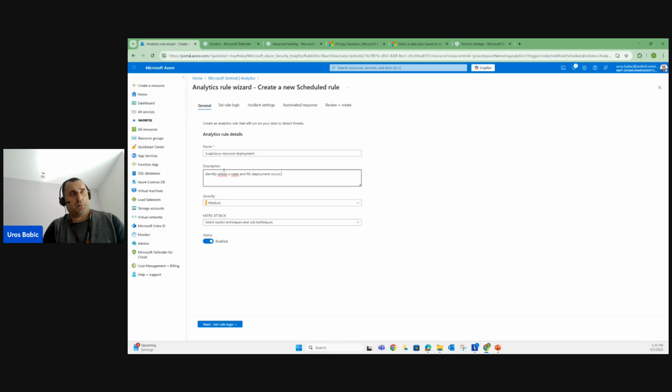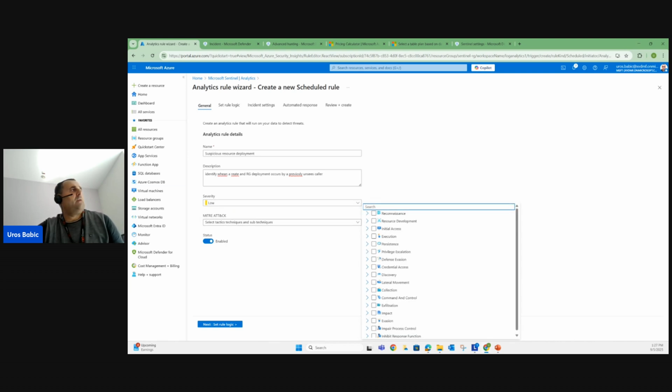Deployment occurs by, I don't know, a previously unseen caller, maybe. Okay, never mind. I can define severity as low. I take tactic and procedure. I can define also, for example, because that is suspicious activity, some tactic and procedure regarding this. For example, for lateral movement,